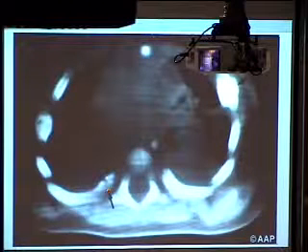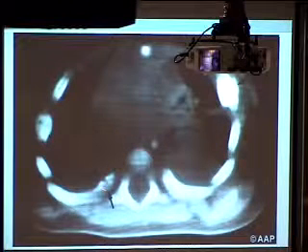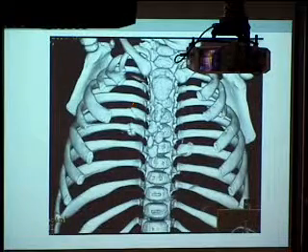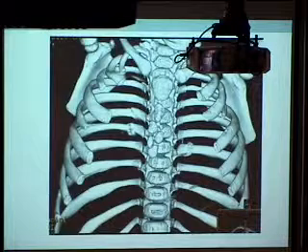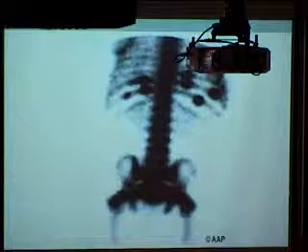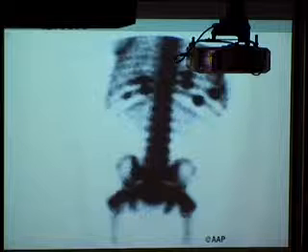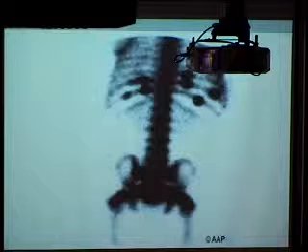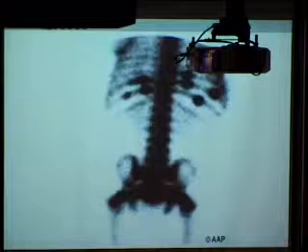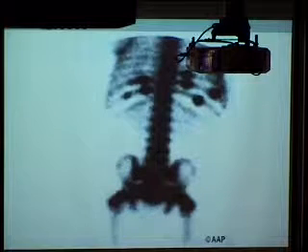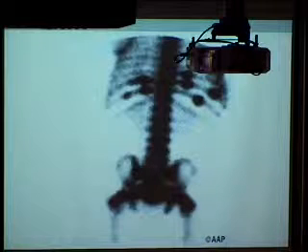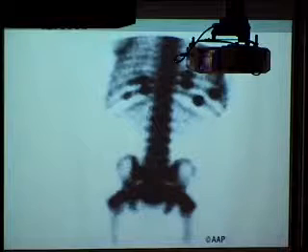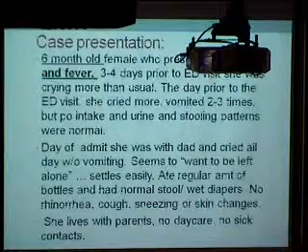CT scans can be used to find, here's callus formation, here's a fracture here. And with reconstruction, you can see callus formation here and here. So that makes it very clear if your child or your patient needs to get a CT scan. Bone scans are used much less frequently, because if there's fractures anywhere in here, you'll miss them. It's just all black. But I still have seen them. We've seen them once recently with a referred case where they had a chest X-ray which showed 1 or 2 rib fractures, but then the bone survey actually picked up more.